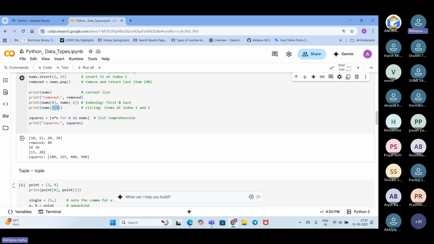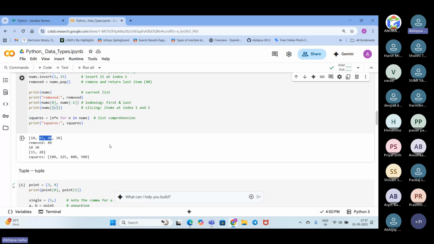But I need to print both the index items at 1 to 2. So I will be considering the indexing from 1 to 3 so that both the elements get printed. After that, when I have printed it, we get 15 comma 20. Because it is in the first position and the third index is this, the elements from first to third get printed, that is 15 to 20. It has printed. Okay.